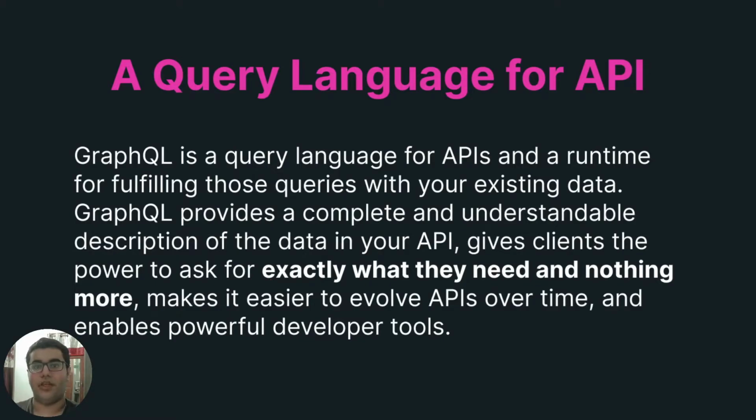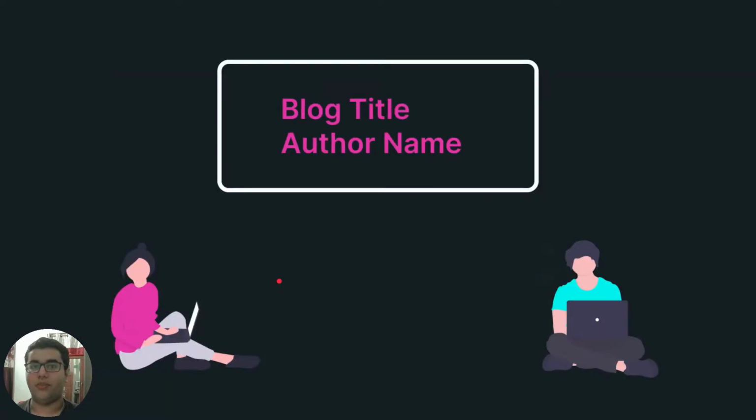So, for example, you are working on the front end of a blog site. And to show some data in your home feed, you need your blog title and the author. The blog document will be containing many things like the title of the blog, the date when it is published, the full blog, some tags, a brief description, maybe some images, and a lot more. But to show on your home feed, you need only two things: the blog title and the author name,